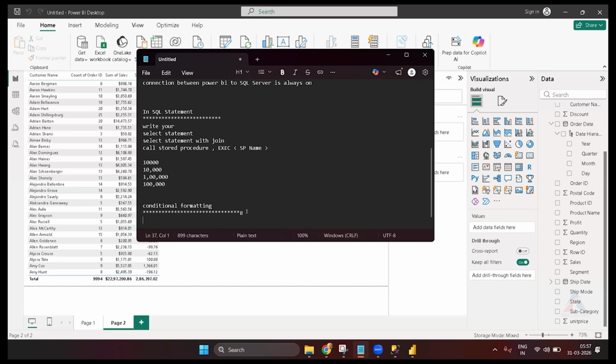Okay. So what is conditional formatting? Anyone? Any random idea? What is conditional formatting? What do you think? Okay. Changing the appearance of elements. Separate the data using different conditions. Yeah. So we can say that it formats the data